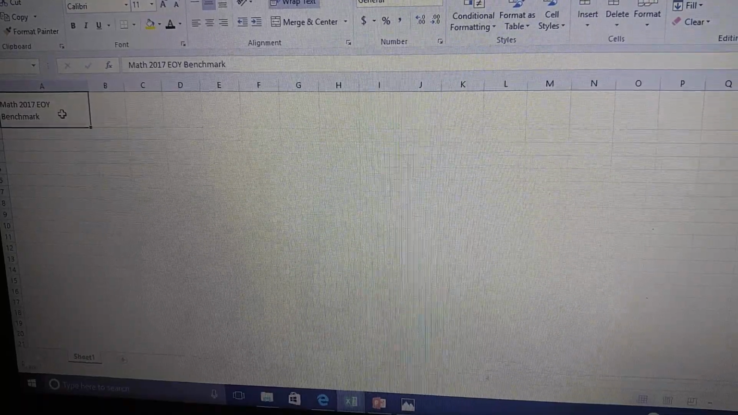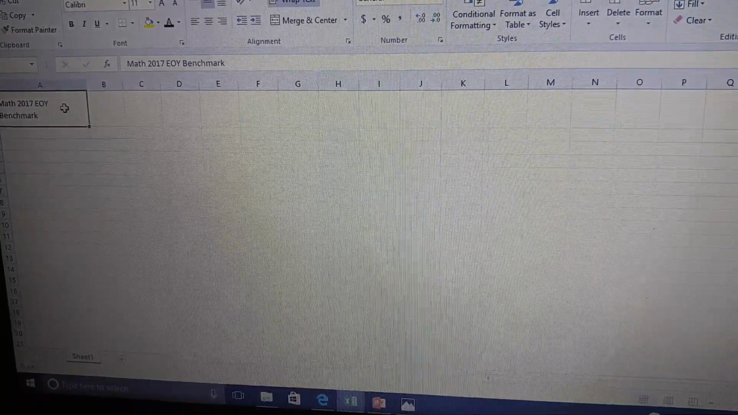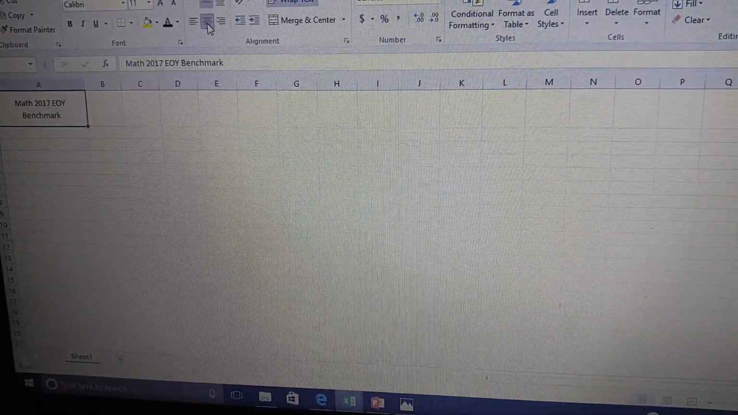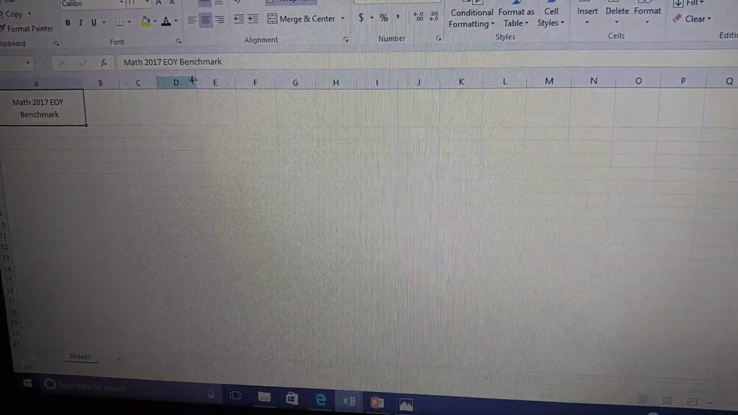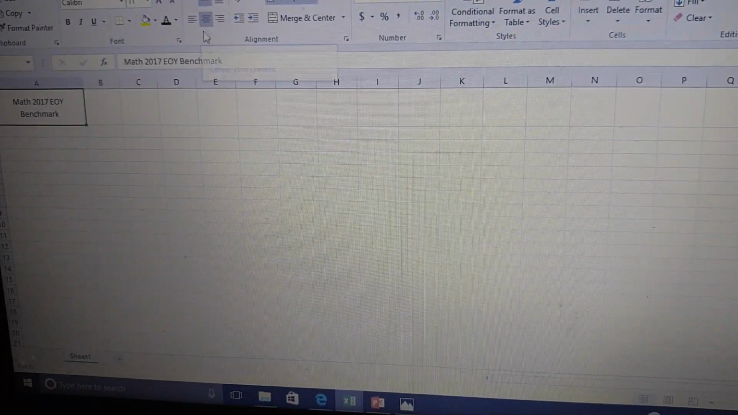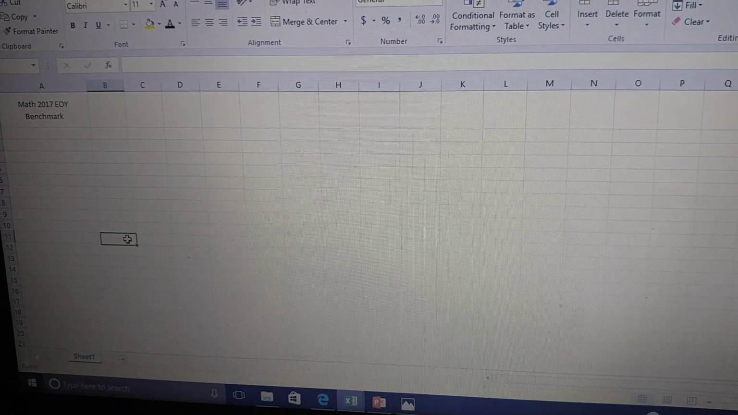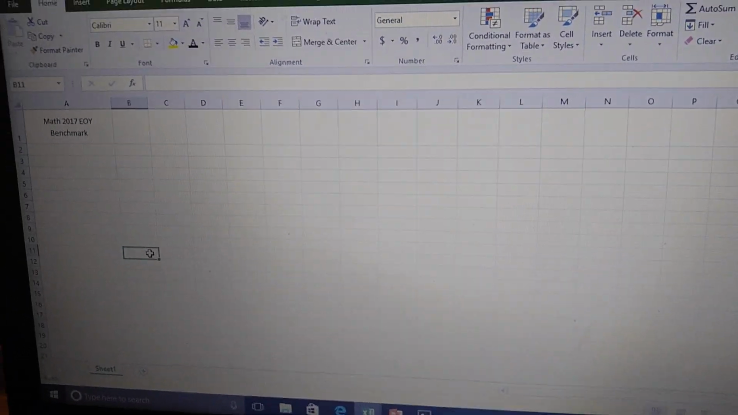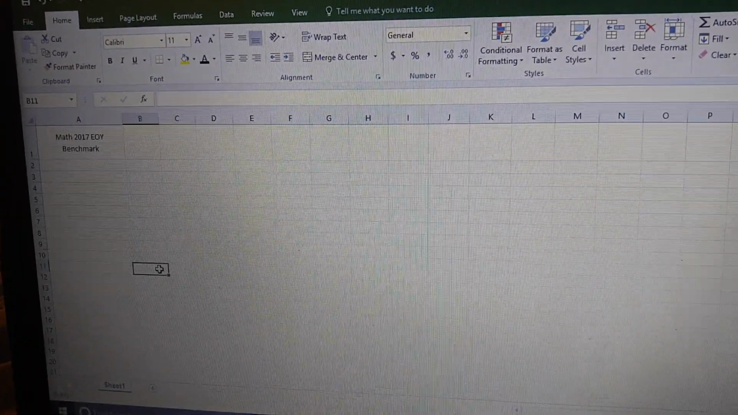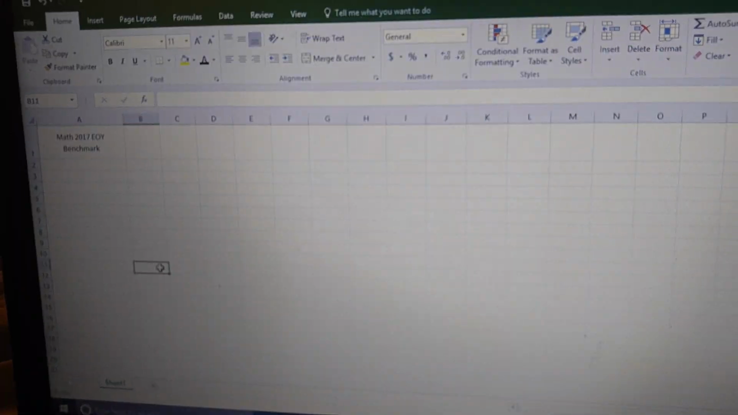And yes, it centered things in one respect, but I think it would look better like this. So I'm going to do that. So I decided to center in this way. Okay. So the next thing we're going to do is I'm going to